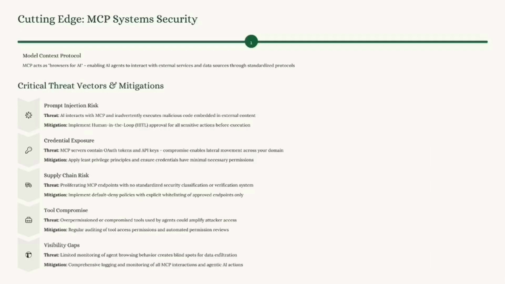So here's the last thing, the cutting edge. This is the very newest. MCP, Model Context Protocol. This is a web browser for your agentic AI. If you're using things like Feedly, it comes with an MCP server. There are so many MCP servers out there now. And what you're doing is saying, hey, agentic AI, digital employee, open up a web browser and go out and find this information for me.